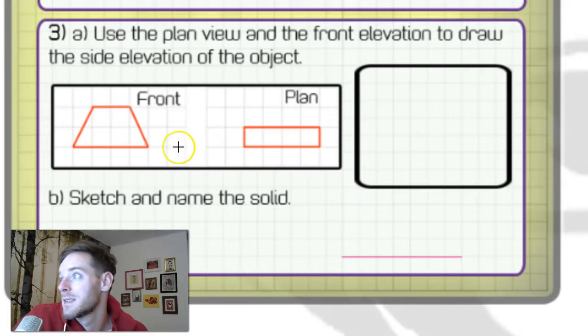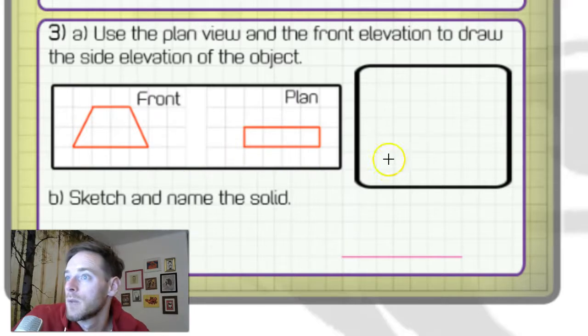And then what we've got is the height of it. We want to draw the height of it, which is 2, and the depth of it, which is 1. So 2 by 1, basically. That's really it. That's the side view. It's not massively difficult. In fact, it is, because I did it the wrong way around. We should really be doing it that way,